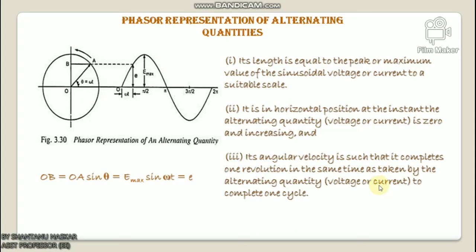Now if we talk about the phasor diagram using RMS value, since there is a definite relation between maximum value and RMS value, which is E max equals root 2 times E RMS, the length of phasor OA can be taken equal to the RMS value if desired. But it should be noted that in such cases the projection of the rotating phasor on the vertical axis will not give the instantaneous value of that alternating quantity. The phasor diagram drawn in RMS values of the alternating quantities helps in understanding the behavior of the AC machine under different loading conditions.